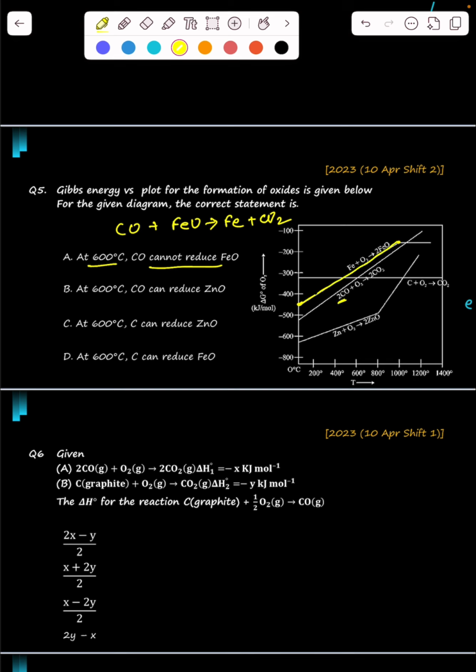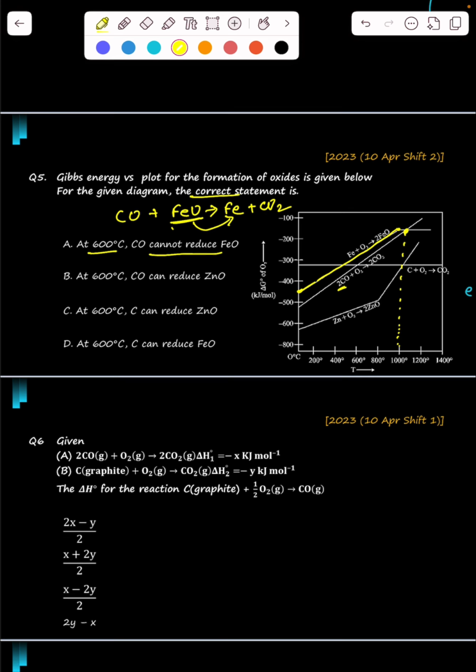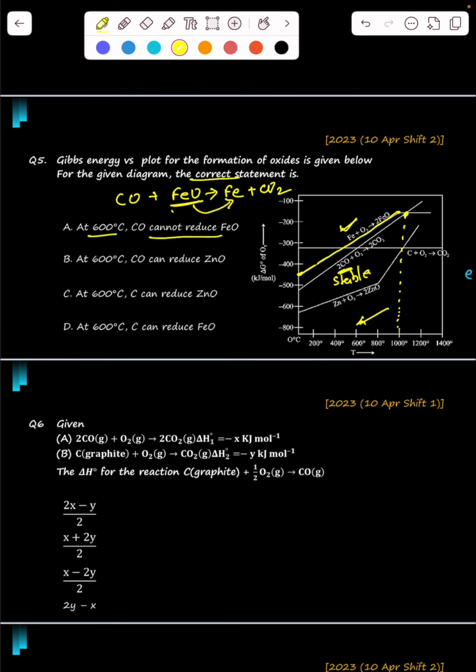और ये रही कार्बन मोनोऑक्साइड। तो कार्बन मोनोऑक्साइड बेसिकली इस पॉइंट पे इसको कट कर रहा है, मतलब जैसे ही ये पॉइंट क्रॉस हो जाएगा ये टेम्परेचर पे, the carbon monoxide is unstable and iron oxide will be stable. तो यहाँ पे आयरन ऑक्साइड शुड भी अनस्टेबल होना चाहिए ताकि वो आयरन में कन्वर्ट हो जाए। तो एट 600 CO can not reduce iron oxide, हमें करेक्ट निकालना है। 600, ओके, नीचे पीछे की तरफ चल रहा है, पीछे की तरफ CO जो ज़्यादा स्टेबल है वो इसको रिड्यूस कर देगा, क्योंकि आयरन ऊपर बैठा हुआ है तो G की वैल्यू उसके ऊपर ज़्यादा चल रही है, तो इसको रिड्यूस कर देगा। तो ये गलत हो गया।